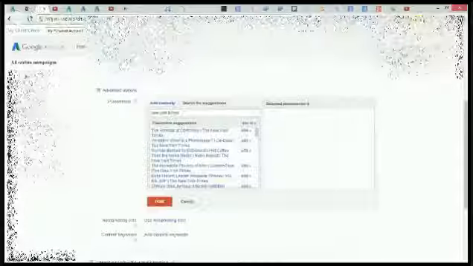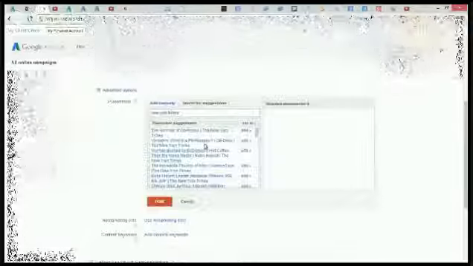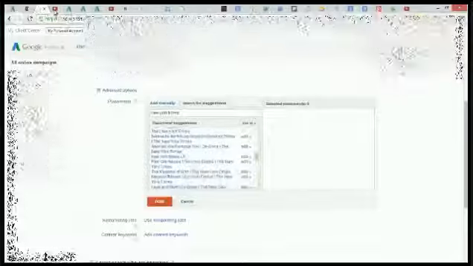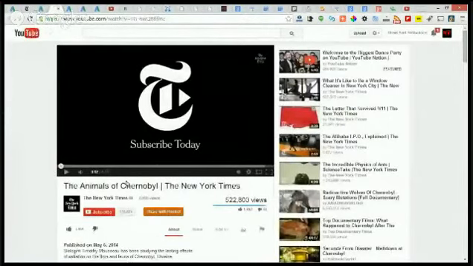And you can target either the New York Times video channel on YouTube or specific videos on the New York Times video channel if you would like to run your ads as a pre-roll or as a display ad on the channel or the watch page of a specific video or the channel page. You can do that from here. And there are many different videos the New York Times has put out. And right there, this one, for example, the animals of Chernobyl,